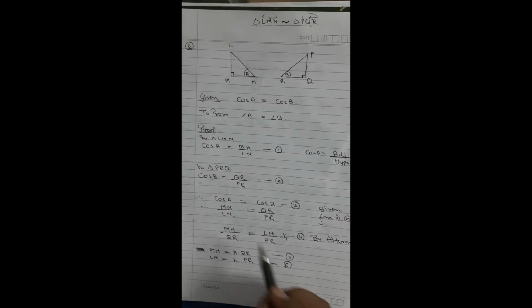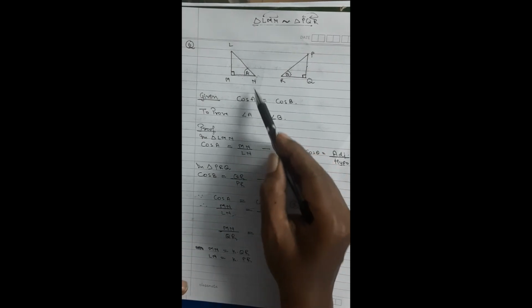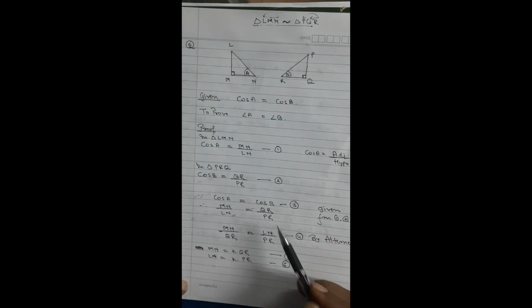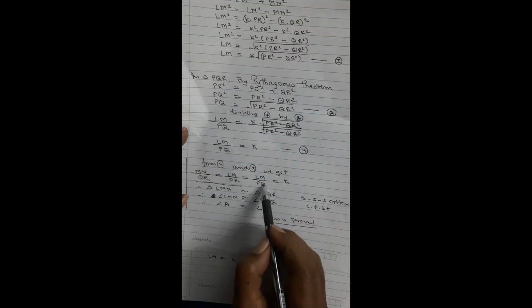So there are two steps that you will have to get involved in. One is this, where cos A and cos B is given to you. According to the two triangles, you will find the ratio for cos A, you will find the ratio for cos B, and the two will be equal because cos A is equal to cos B is given. And then you have to change the places. By alternando, you have to shift this over here and this over there, and automatically you will get the two ratios ready for you out of the three. Now you have to get the third one also. For that, it is going to be a slightly tedious procedure.